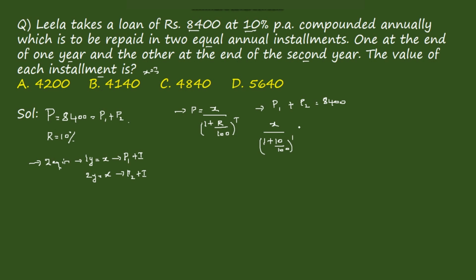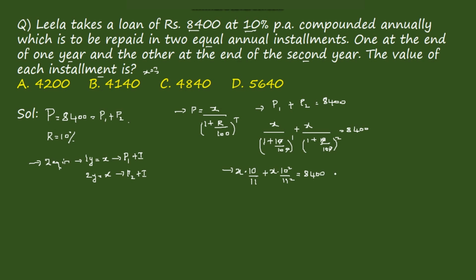In the first year it becomes x by 1 plus 10 by 100, and by the second year it becomes x by (1 plus 10 by 100) whole square, which is equal to 8400. The 00s get cancelled here, and here also the 00s get cancelled. So if you take the L, this becomes x into 10 by 11 plus x into 10 square by 11 square is equal to